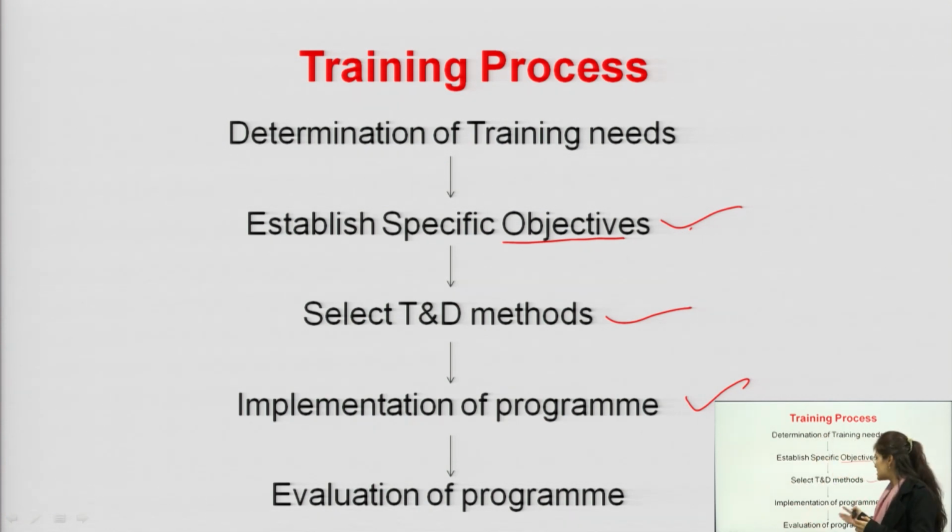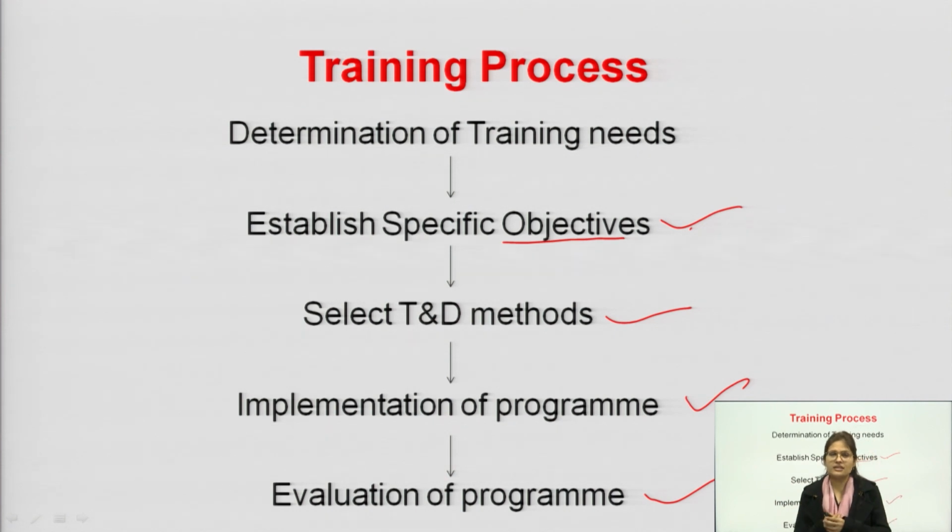So implementation is a step where they actually provide training to the particular employee. Once they implement the training program, they evaluate the program, and this is usually done after implementation. Evaluation of the program is usually done by taking feedback from the trainees, where the organization or the HR people ask the trainees how much they liked the training and how effective they feel the training was. By getting feedback from the trainees, they can evaluate whether some correction is needed or not. On the basis of feedback, they evaluate the whole training program, and